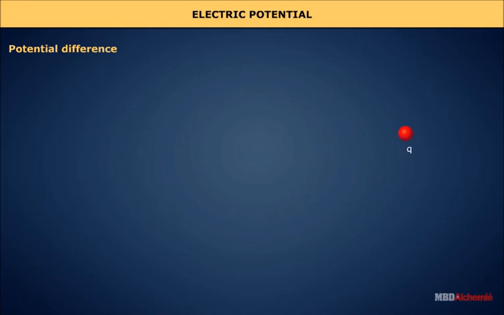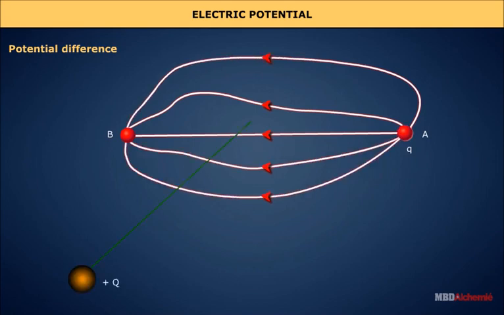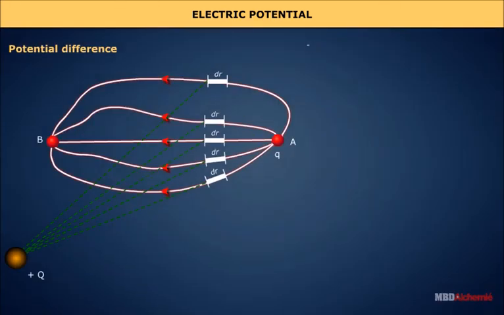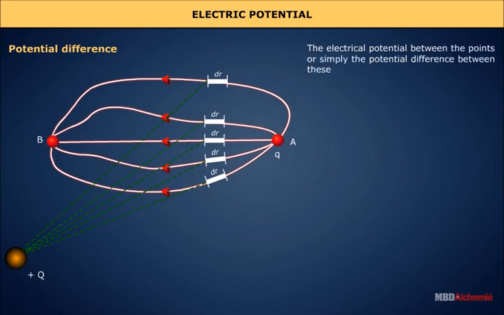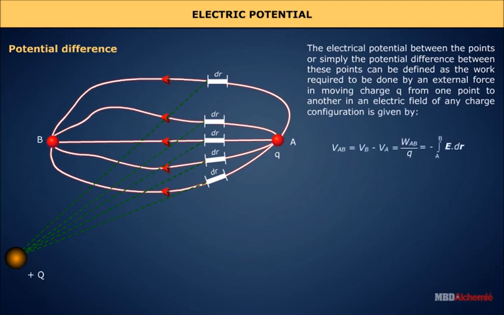Potential difference. In order to move the test charge Q from point A to B, an external force denoted as F_ext is needed to counter the repulsive force acting on the charge Q inside the electric field. Thus, the electrical potential between the points, or simply the potential difference between these points, can be defined as the work required to be done by an external force in moving charge Q from one point to another in an electric field of any charge configuration, given by